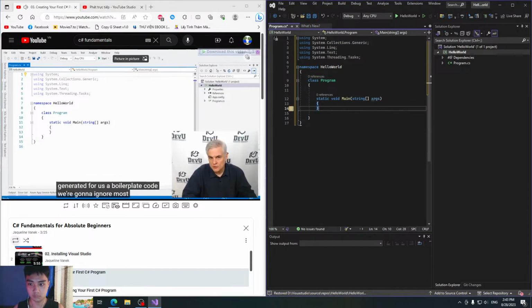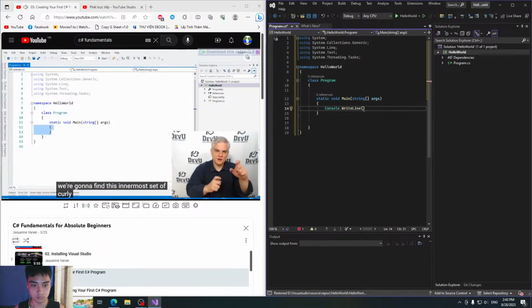We're going to ignore most of that, except we're going to find this innermost set of curly braces.